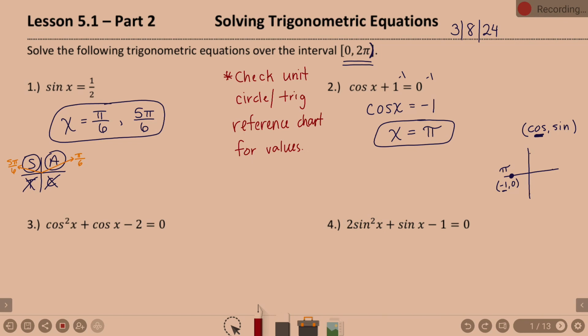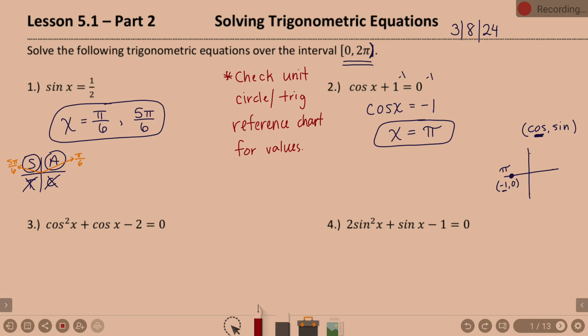Okay. Ready to talk about 3? Yes. Okay. So, you guys know how math works. We start off with the basic example, right? Each time we kind of notch it up a little bit. So, first example, just how you process sine x equals 1/2. Second example, okay, we had to get cosine x by itself. Third example,